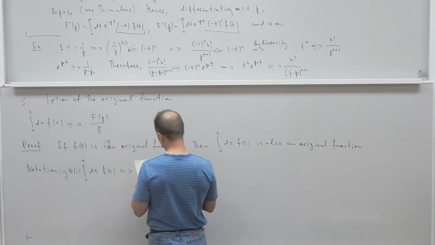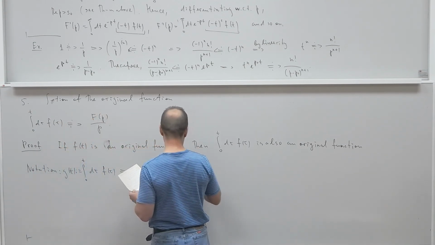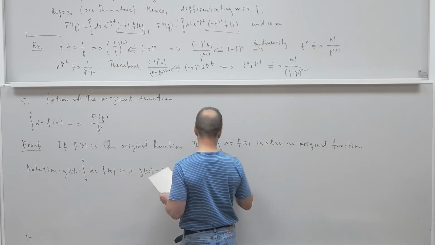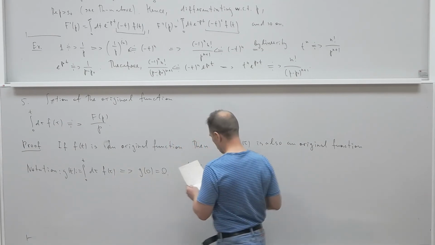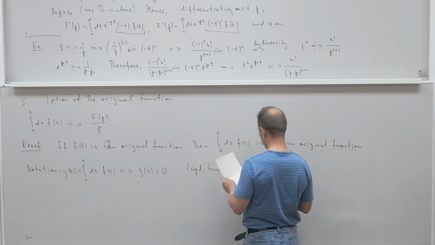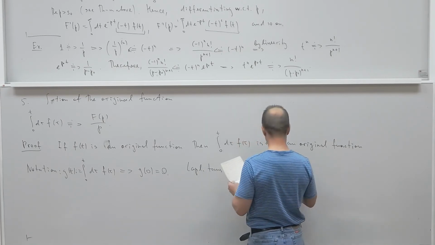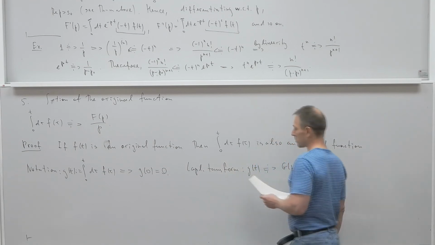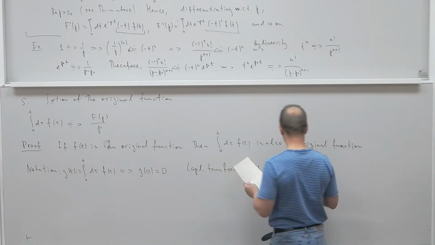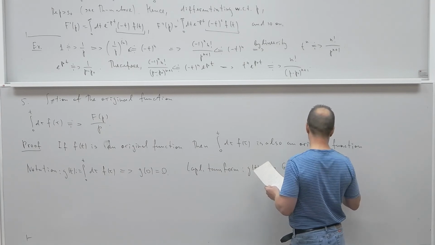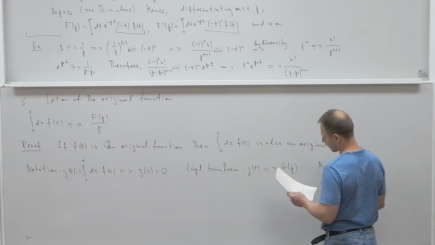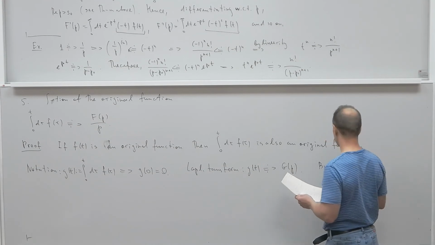Then consider the Laplace transform of g small of t and denote this Laplace transform by g large. And by the formula for the derivative of the original function,